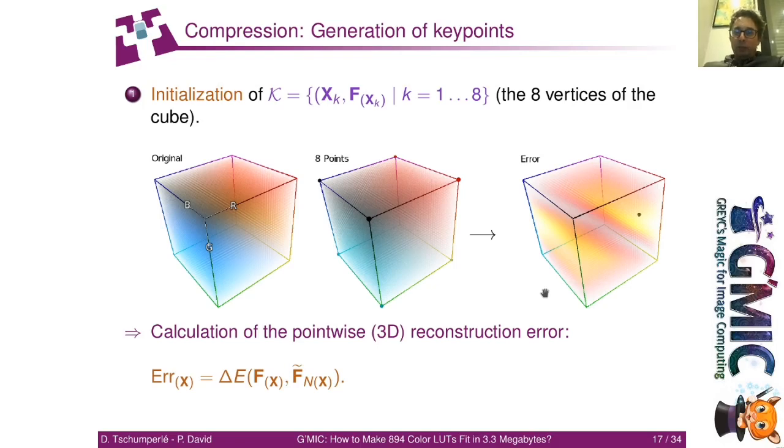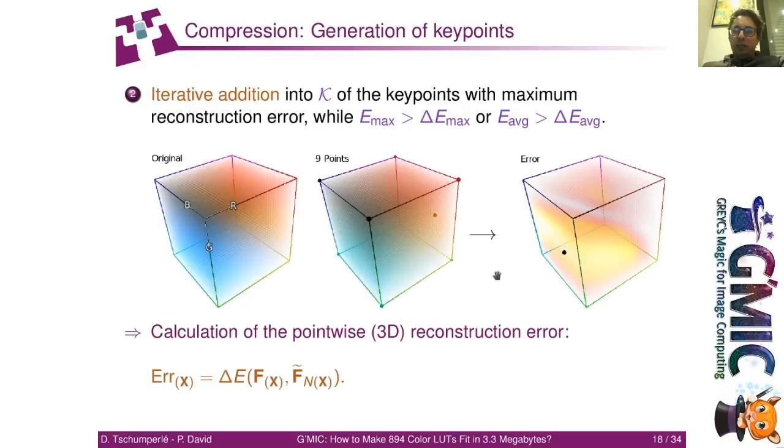So what we do is find the location where the maximum value of the error occurs. In this case, the point with the maximal error is located here. And precisely that will be the location of the color key point we will add to the set K. So now we have 9 key points in our set K, and we repeat the procedure. We reconstruct the CLUT from those 9 key points, and you see that there is already a bit of orange colors that have appeared in this CLUT.